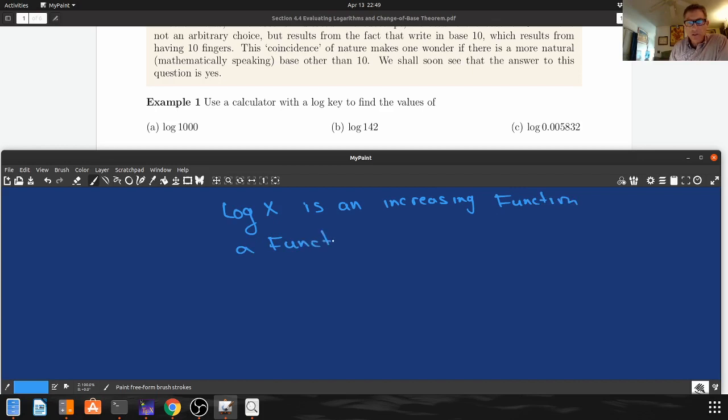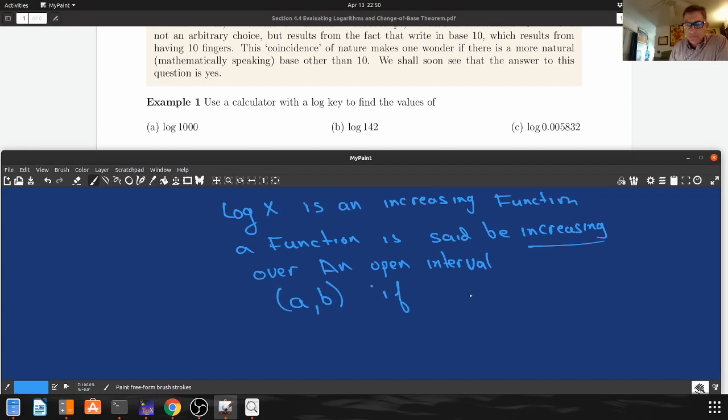A function is said to be increasing over an open interval a, b, there's our open interval,